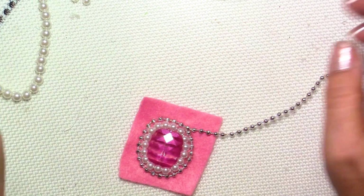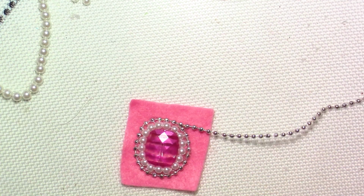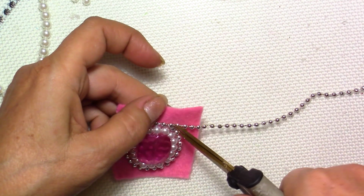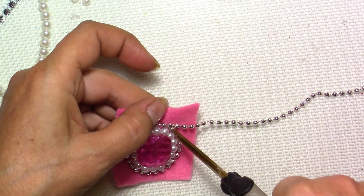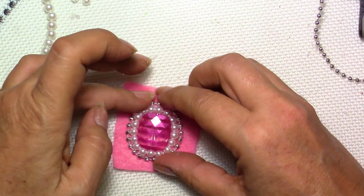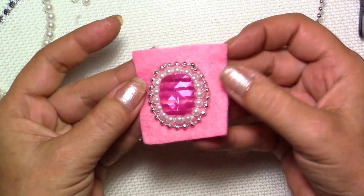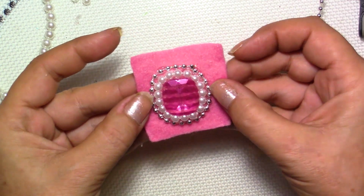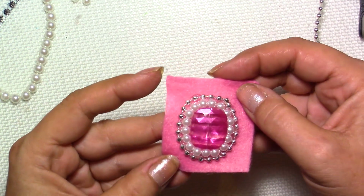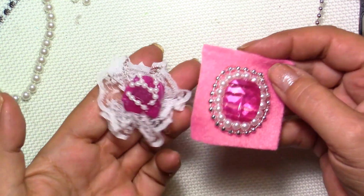And there you go. And this one, I can take it away. I can cut it here right now. There you go. Not bad. I like it. So this one, I think I'm gonna call it done, because again, you can still put some lace on the